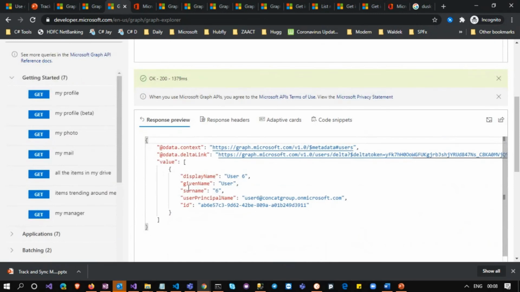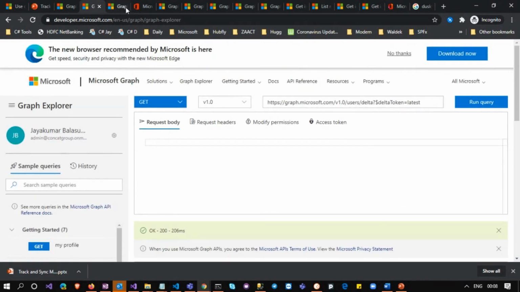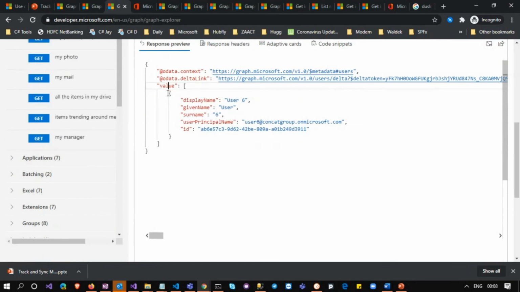Yeah, we got it. So you see I made the request 3 times since I was just opening the graph and trying repeatedly, in fractions of seconds. It hasn't even taken 10 seconds. That's why we didn't get the data initially. It will take some time, maybe, but it's not minutes, it is a fraction of time. Now I have not done any of the initial requests except getting this delta token, and I have got my latest data with this. So that's one other power of the delta query.